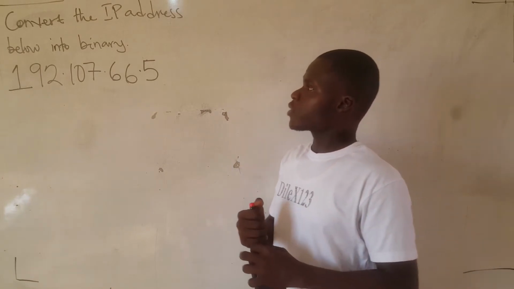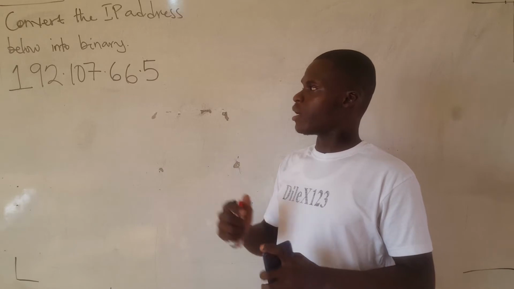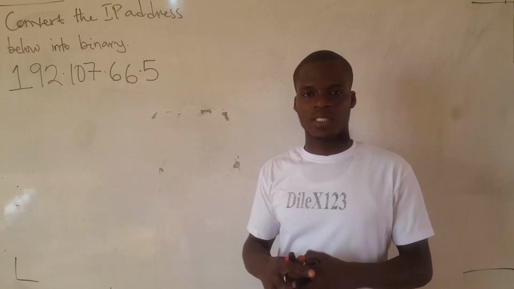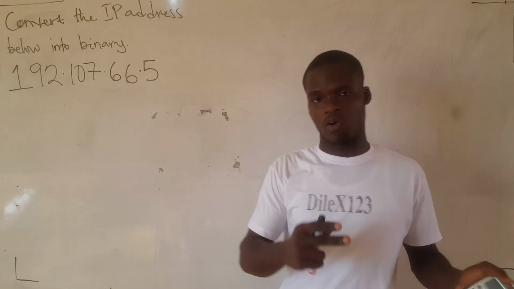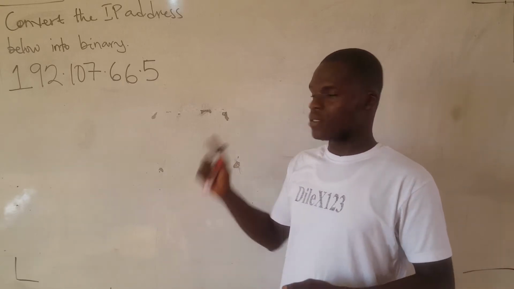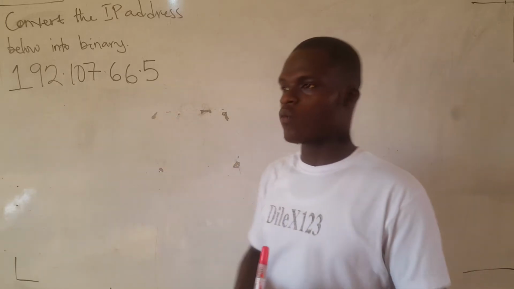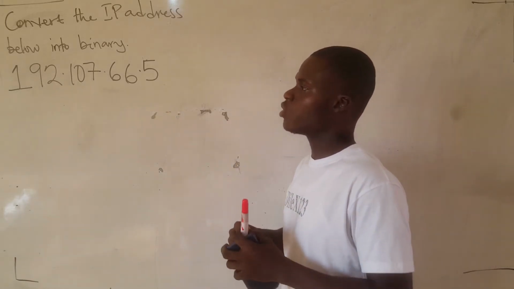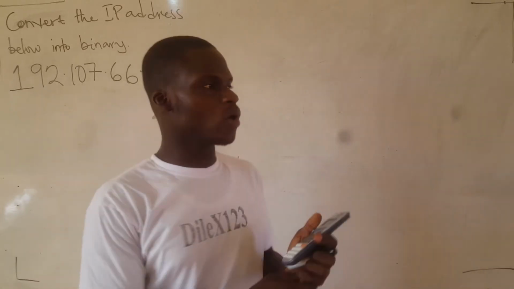Today we want to learn how to convert an IP address into binary. So we have an IP address on the board. This is IP version 4. We have two types: version 4 and version 6. But this is version 4. So how do we convert this IP version 4 to binary? Let's quickly do that. But before we do that, what we need to know is that